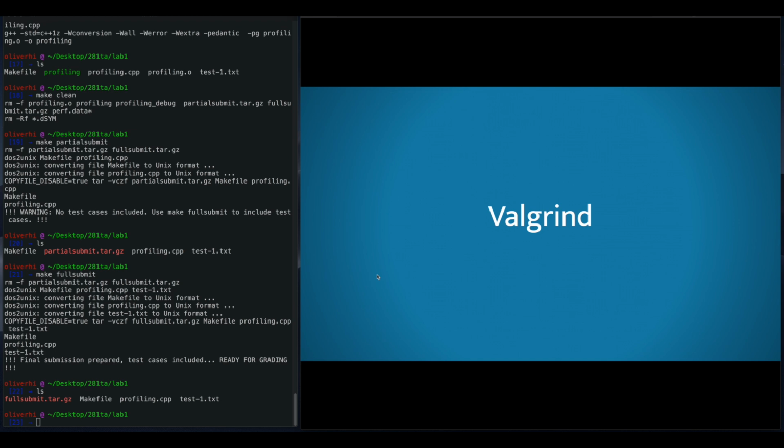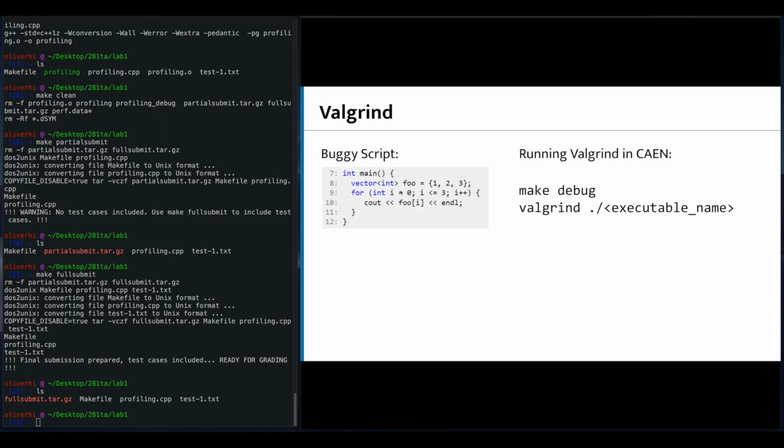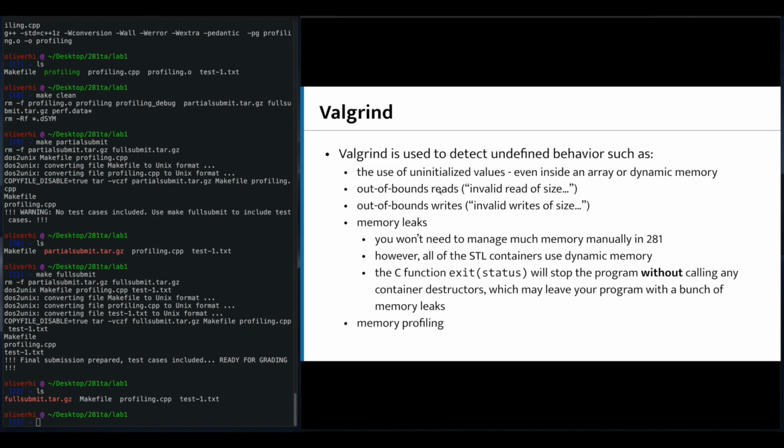Either way. Okay. Valgrind is a tool that we use. It detects undefined behavior such as use of uninitialized values. So if you do int i and then later you use i before assigning to it, it'll catch that. Out of bound reads, sorry, like if you're going off the end of an array or writing off the end of an array, something like that. Memory leaks: there will only be one lab and one project where you'll be working with dynamic memory in 281, but